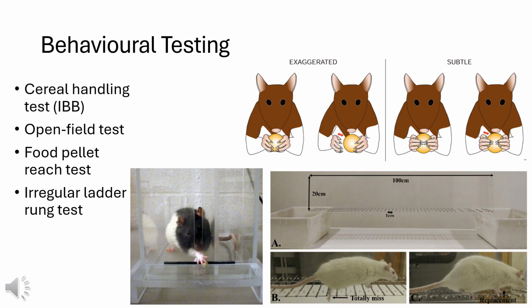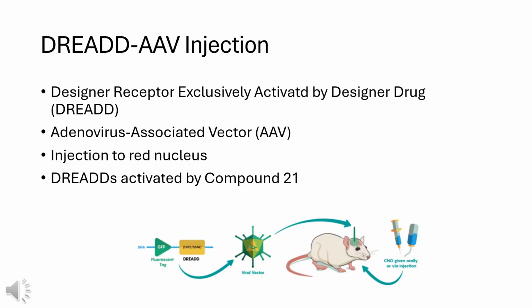To understand the role of DREADD AAV injections, I need to explain the mechanism first. DREADD stands for Designer Receptors Exclusively Activated by Designer Drugs, and these receptors use HM4, which are inhibitory and silence the cells that the DREADDs are expressed on. The DREADDs are paired with an adeno-associated vector, or AAV, which is what allows the receptors to be expressed within the red nucleus cells. Through this system, the rats can maintain their spared rubrospinal tract's compensatory behavior outside of times when the drug is administered.